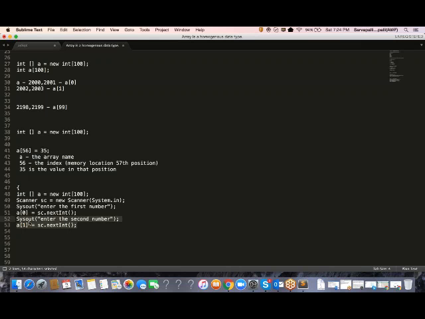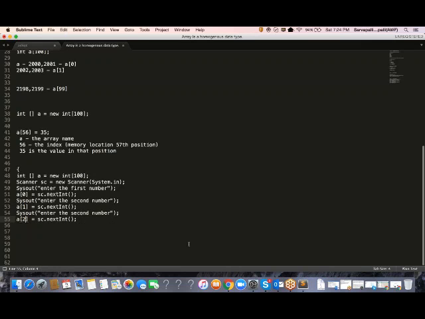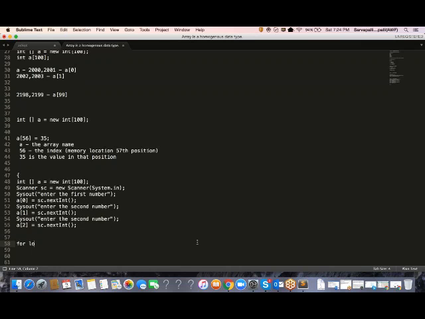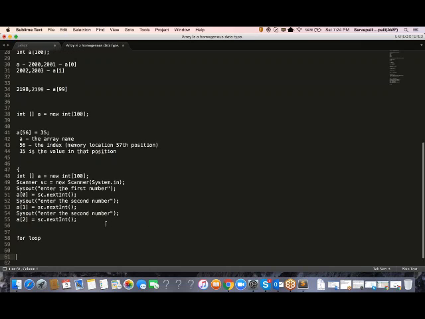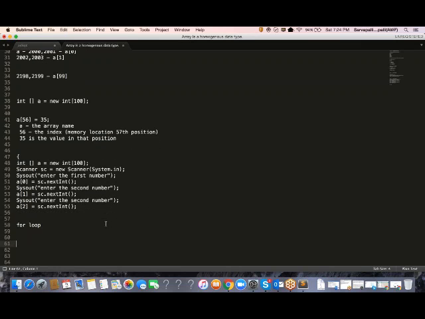A of 0, A of 1, A of 2. You are putting the values continuously in memory locations. A of 2, A of 3. Instead of doing like this 100 times, you can put it in a loop, for loop, right? Because whenever you see something is changing step by step, a loop is always preferable instead of writing the statements again and again. So for that, for int i equal to 0, i less than 100, i plus plus,